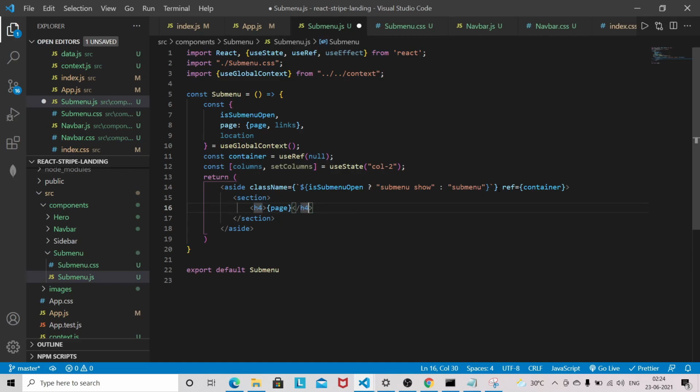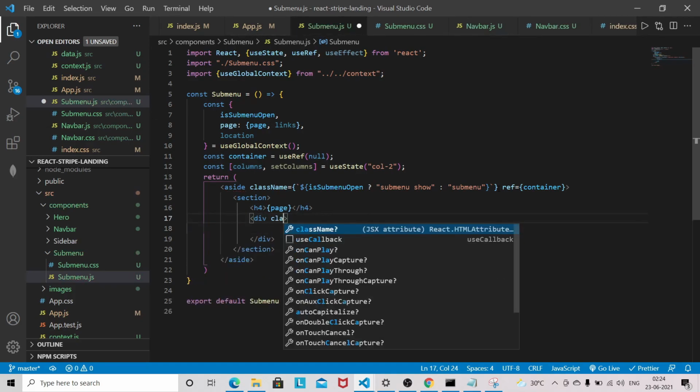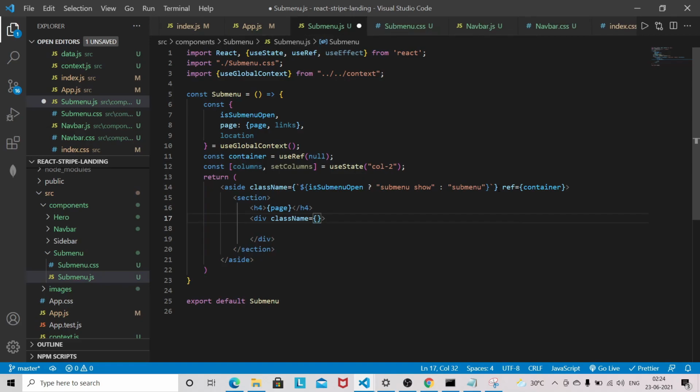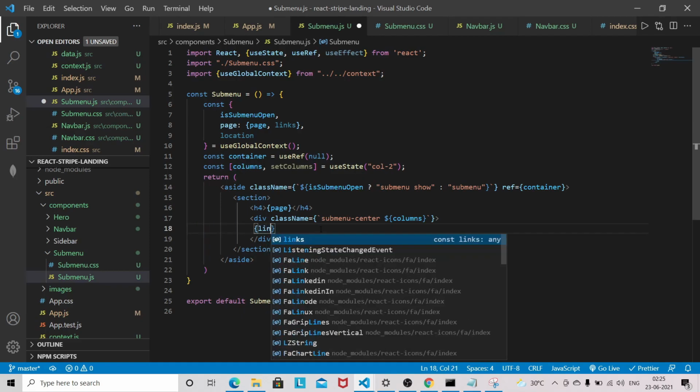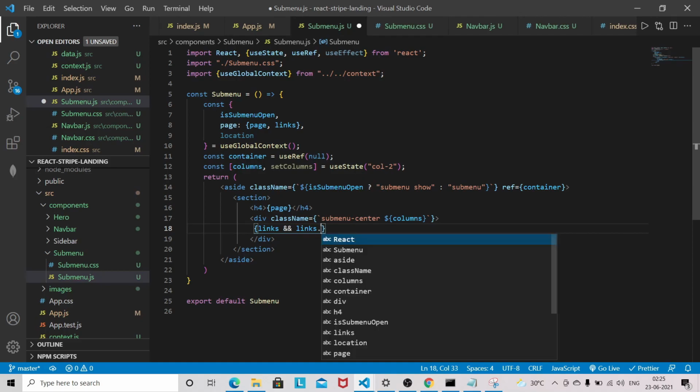Now we'll be having one more class name. So I'll be using div, and the class name will be, so again I'm going to wrap it into the template literal. So submenu, so this class will be there by default, and I'll be just adding the columns. So the column will be dynamic here, and we are having the links from the context. So links dot map,